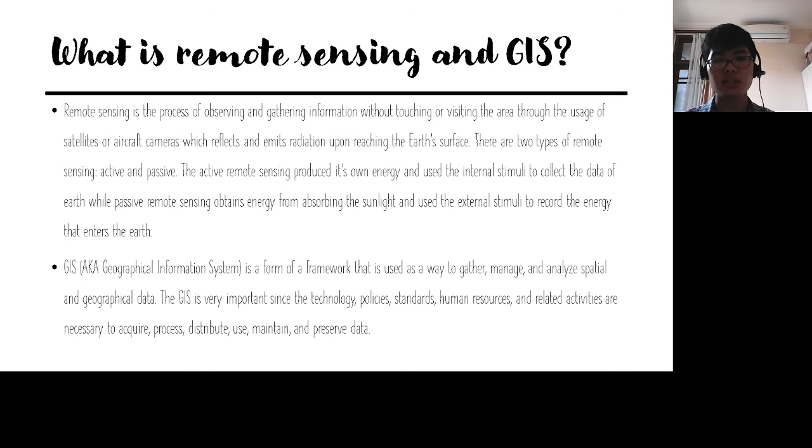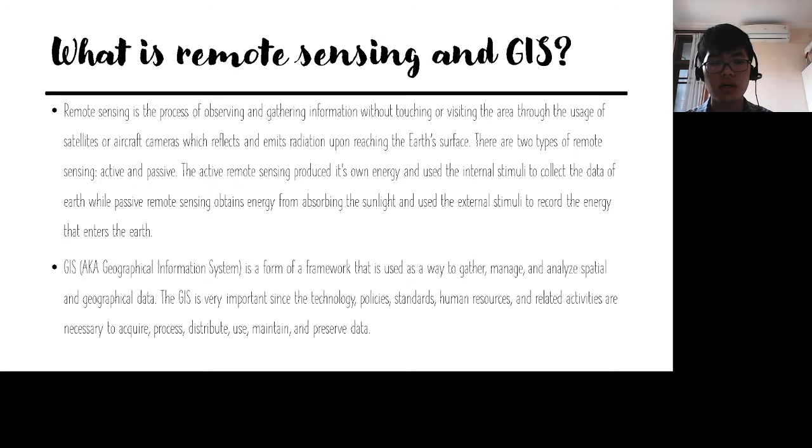What is remote sensing and GIS? Remote sensing is the process of observing and gathering information without touching or visiting the area through the usage of satellites or aircraft cameras, which reflect and emit radiation upon reaching the Earth's surface. There are two types of remote sensing, active and passive. Active remote sensing produces its own energy and uses internal stimuli to collect data of the Earth, while passive remote sensing obtains energy from absorbing sunlight and uses external stimuli to record the energy that enters